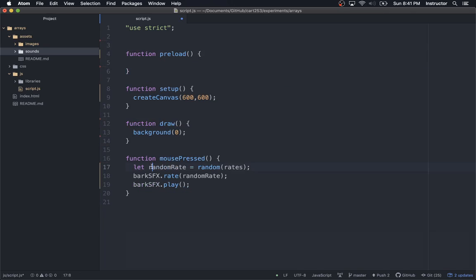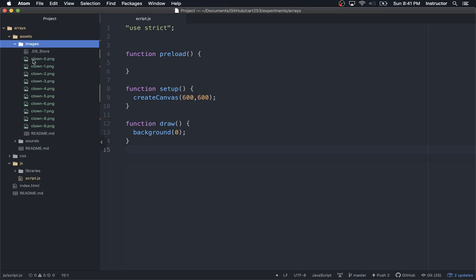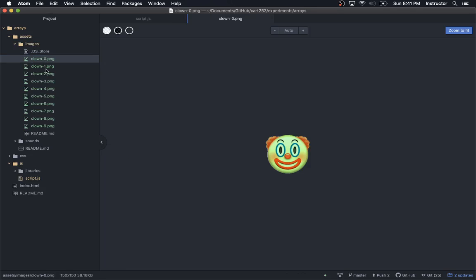Just going to delete a couple of things like I like to do. I don't need that. So one of the classic things that we might want to do is load some images and then choose a random one to display. It's a solution to all kinds of potential things. It's a bit like the fortune teller, right? Except with images instead of strings. And I've got some pre-prepared images here that I want to use. So I've got clown 0 is green, clown 1 is kind of purpley, clown 2 is sepia, very saturated, white,